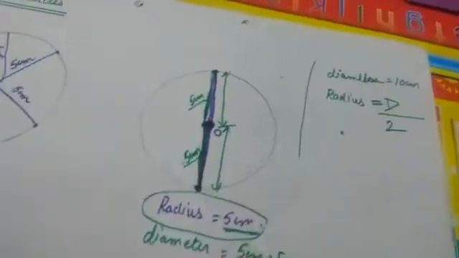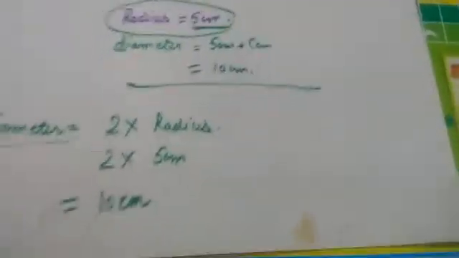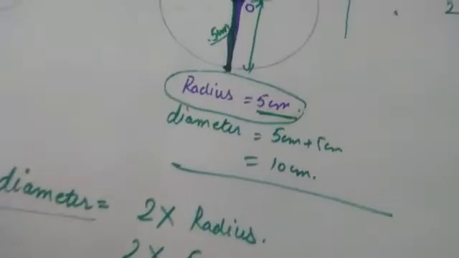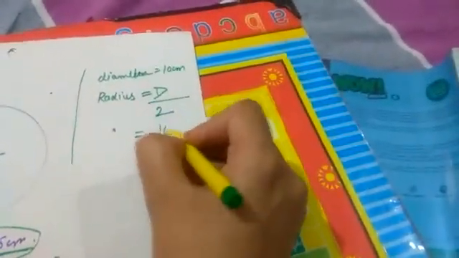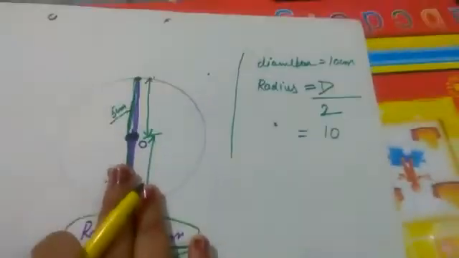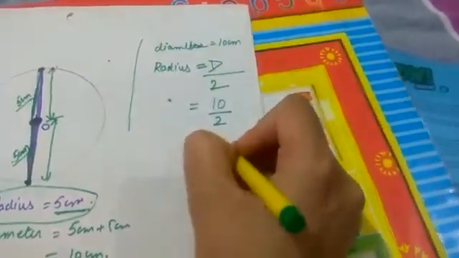If we have to calculate the larger quantity, we multiply. If we have to calculate the smaller quantity, we divide. Here the diameter is the bigger quantity that we want to calculate, so that's why we multiplied. In this case I want to calculate the radius, which is the smaller quantity, so I have to divide by 2. If the diameter is given to me as 10 centimeters, that is the similar case we discussed first. So the answer will be 5 centimeters. Very easy.